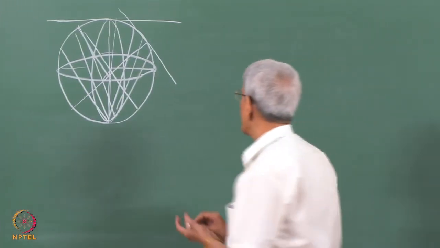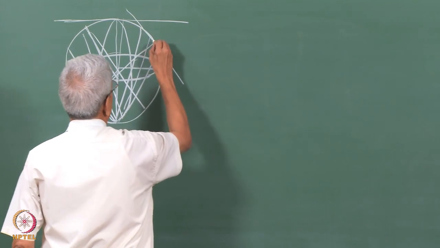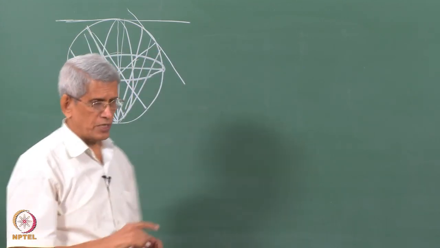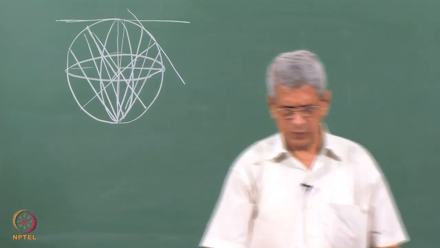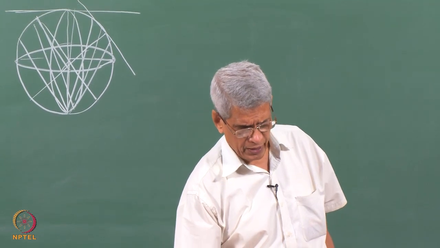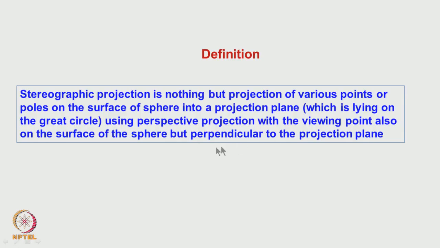So what is it being projected? All the points which are there only on the surface of the sphere which is getting projected. That one should understand. This is a subtle difference between the conventional perspective projection, where it is very difficult to get angular information, whereas in this particular projection the angular details are transferred onto the projection plane.